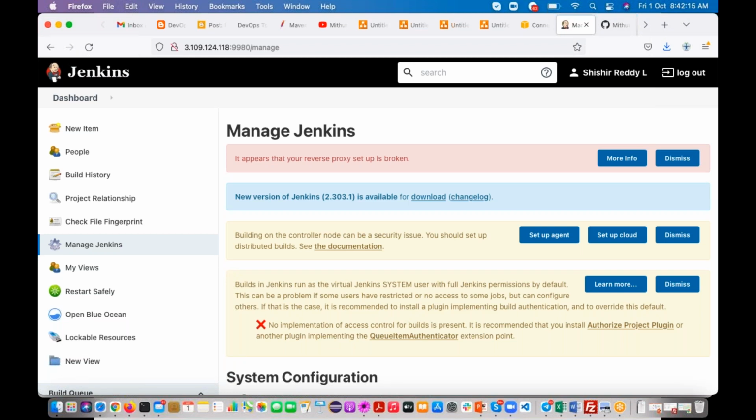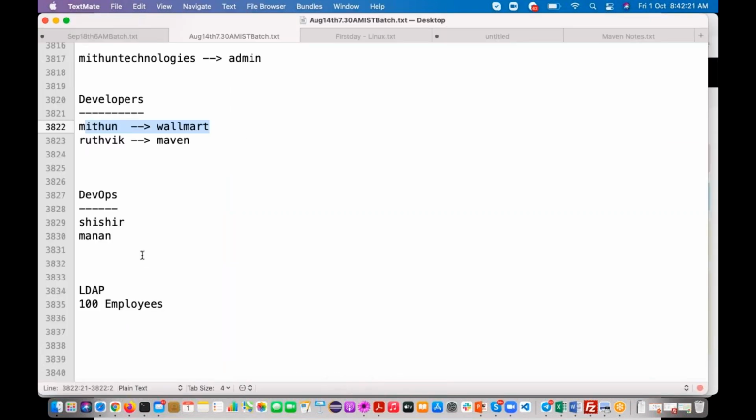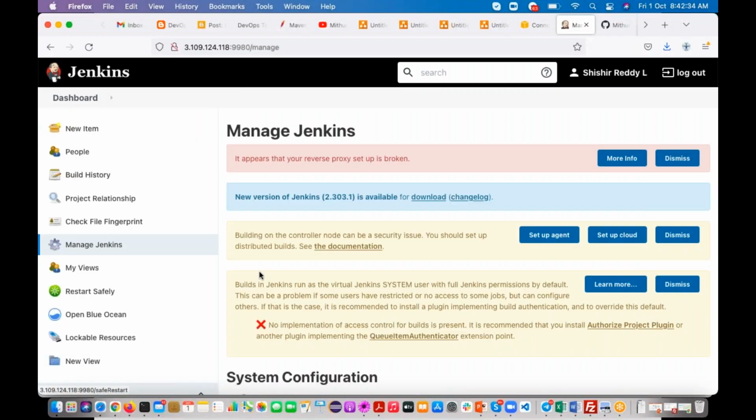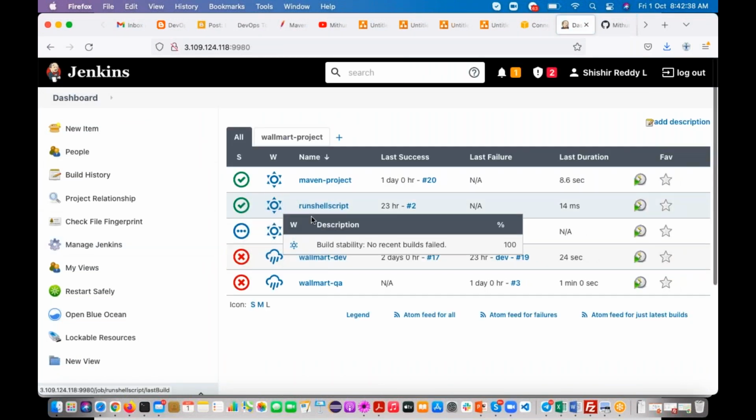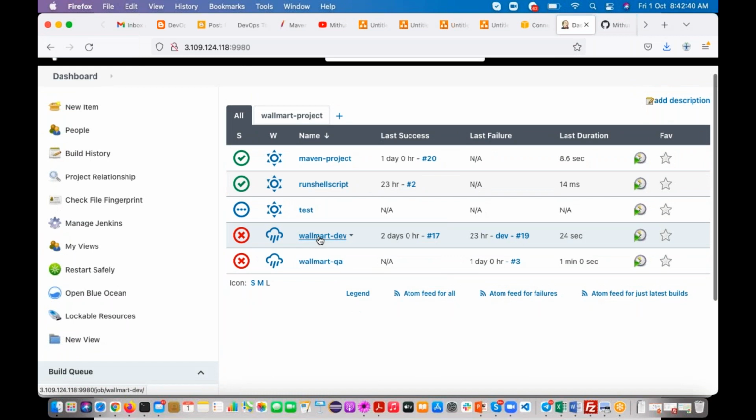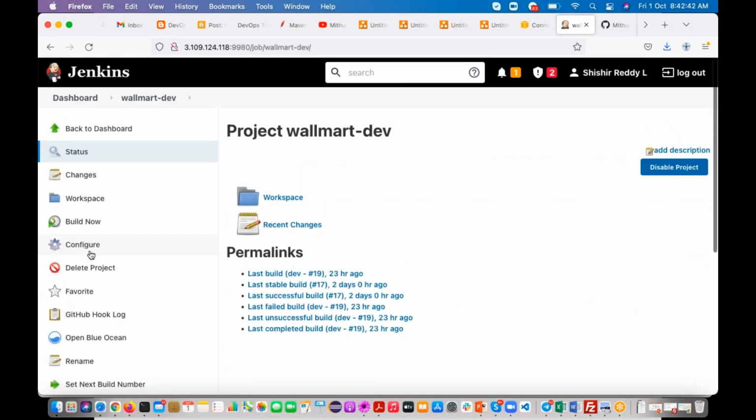Okay, all the jobs are in this Linux server. But our requirement is, if you log in with Mithun user, he has to see the Walmart project, which means we need to give access at the project level. So once you enable that project based matrix authorization strategy, go and open any job, click on configure,